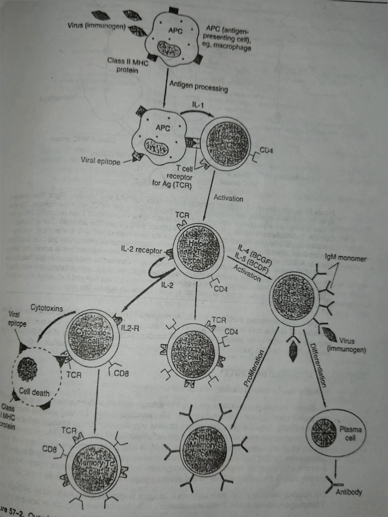So it is an example of autocrine signaling, in which a cell is producing a signal and is activated by that signal. Now the interleukin 2 is produced by the helper T cell, and the interleukin 2 receptor is also present on the surface of the helper T cell. Then interleukin 2 will bind with the interleukin 2 receptor, and now the helper T cell is activated and it can further